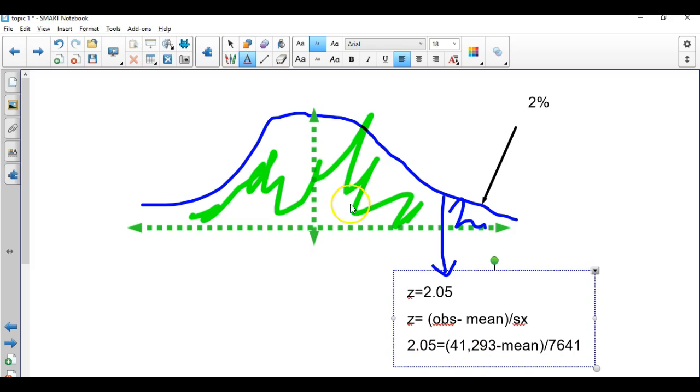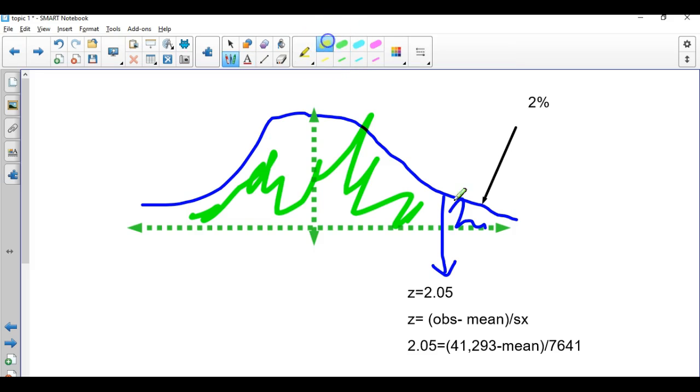And the question is asking, what is the mean? So now I'm going to use algebra, and I'm going to solve for that mean. I need to isolate the mean. So first I'm going to multiply by 7,641 to 2.05. Then I'm going to subtract 41,293. You're going to get a negative number. That's okay because the mean is negative. So we divide by a negative. And the final answer should be